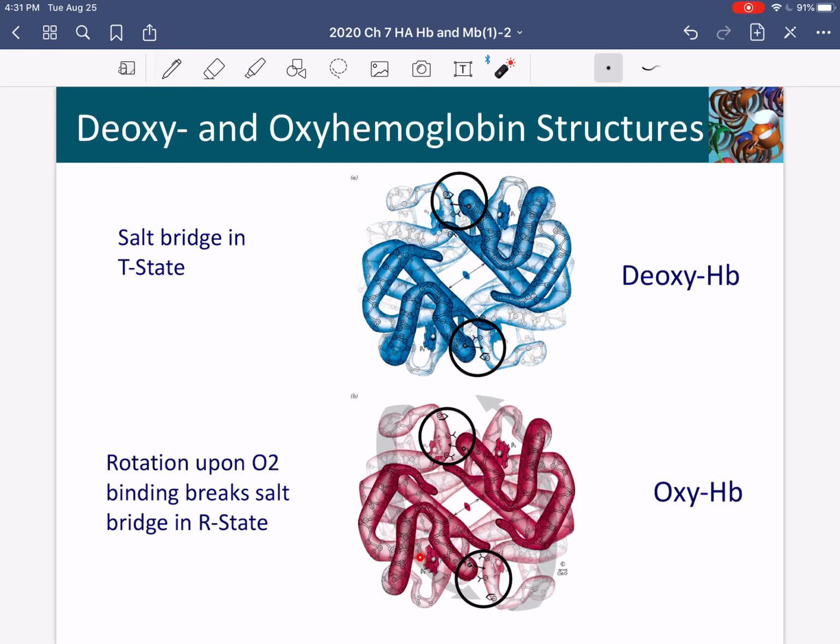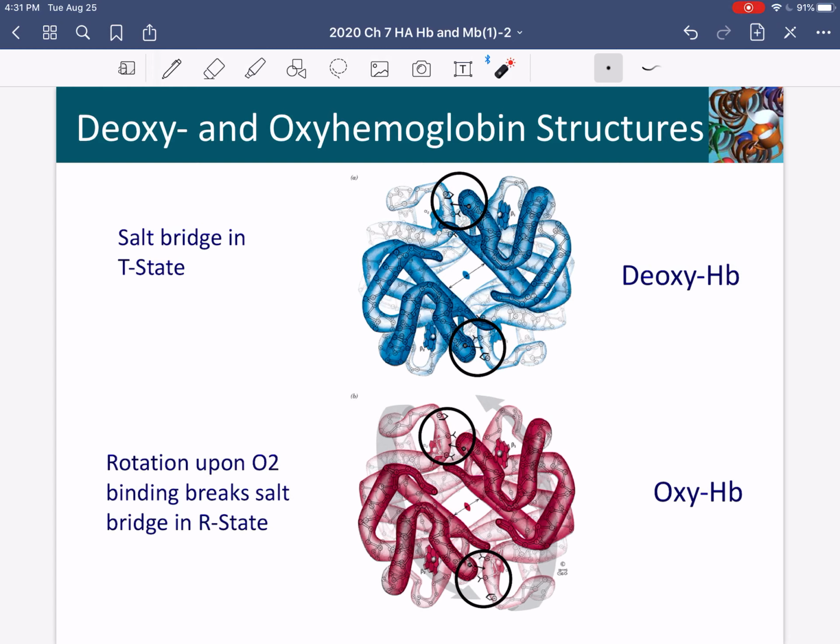Maybe you can see those ghosted gray arrows on top of the oxyhemoglobin, indicating that the 2 sides of the hemoglobin tetramer are twisting against each other, just as if you turned a jar on its side and you tried to unscrew the cap. That's the type of conformational change that's going on with hemoglobin.